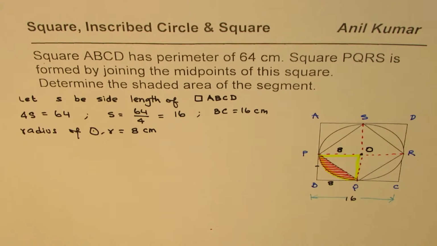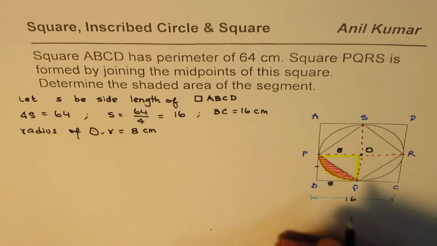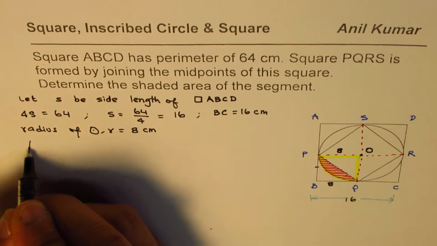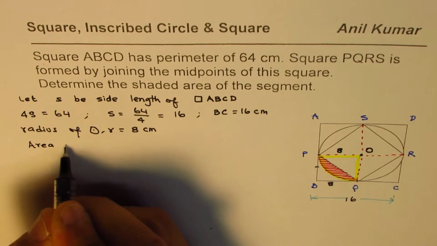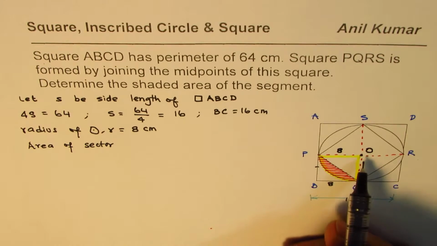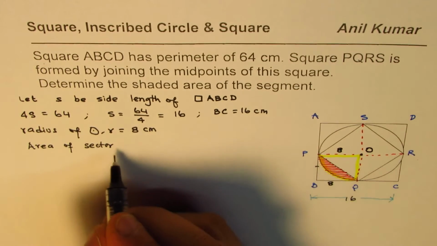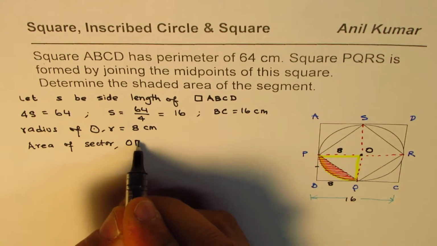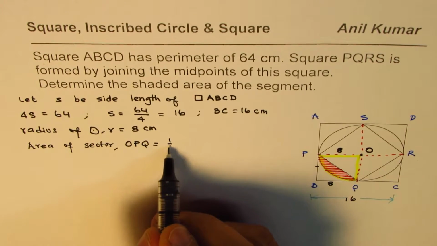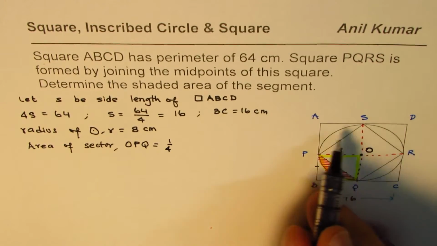It is 1/4 the area of the circle. So the area of sector OPQ is equal to 1/4 of the area of the circle,